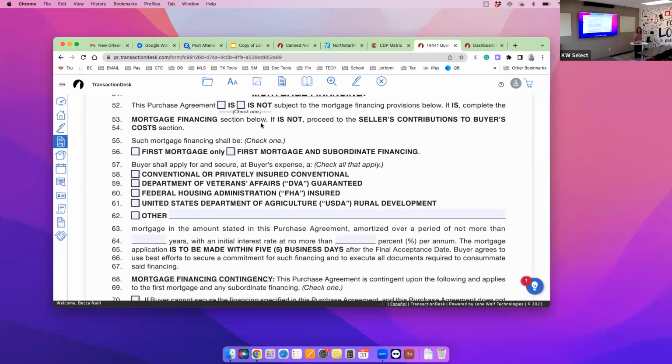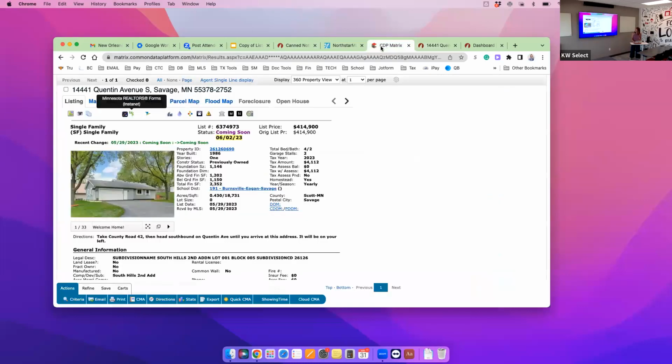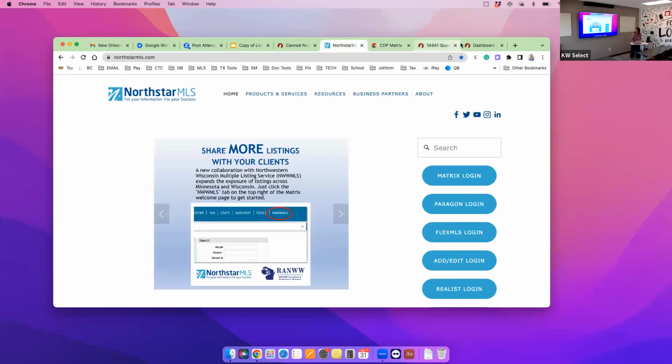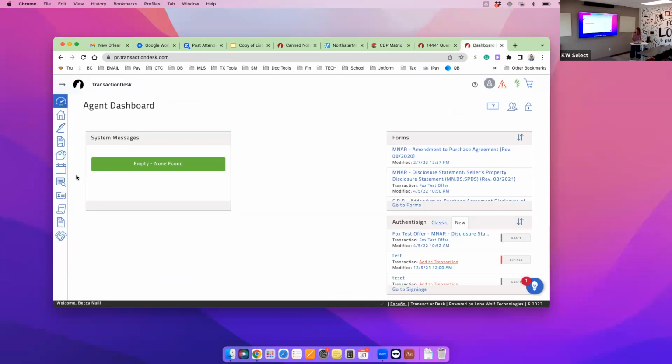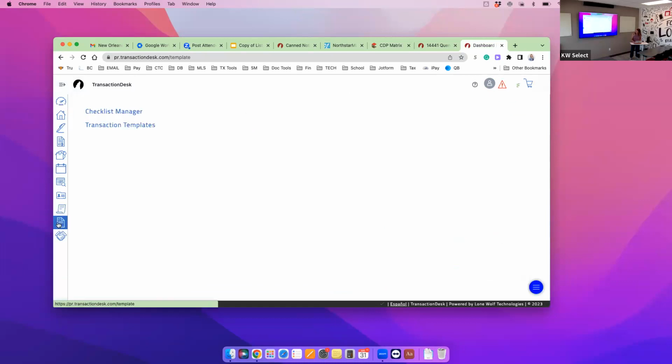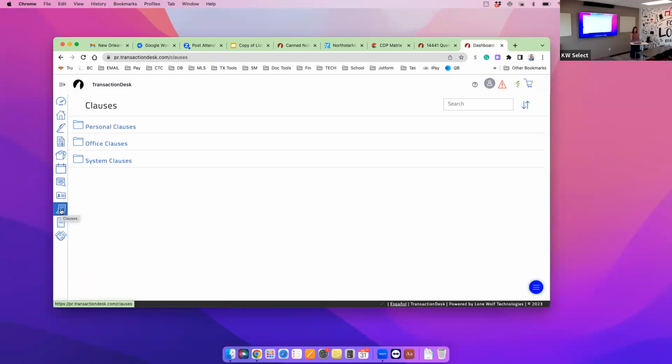Awesome. Checklists really aren't probably that relevant for you guys. Oh, clauses. Do you use clauses in your contracts? That's a good one. I do. So let me go back to where we were. Where were we? Over here. There are clause templates as well. Clauses. So if you create the same verbiage for every contract, like an appraisal clause for appraisal gap,